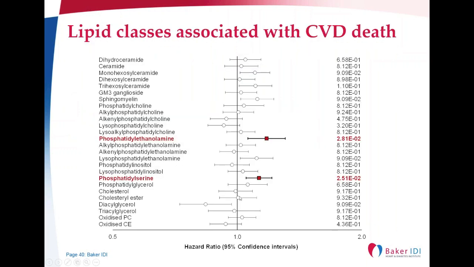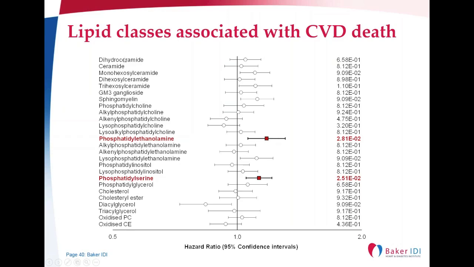Okay, so of course it's difficult to show you all of the data that came out of those analyses, so I'm just going to take you through a few specific examples. So one of the first analyses we do is actually not look at the individual species but look at the lipid classes. So we sum the individual species within each class to get a class measure, and then we do the analysis just on lipid classes. And so when we do that, we can see that there are two classes that show an association with cardiovascular death in this case. And we see this positive association indicated by a hazard ratio greater than 1. So this wasn't particularly exciting or productive,